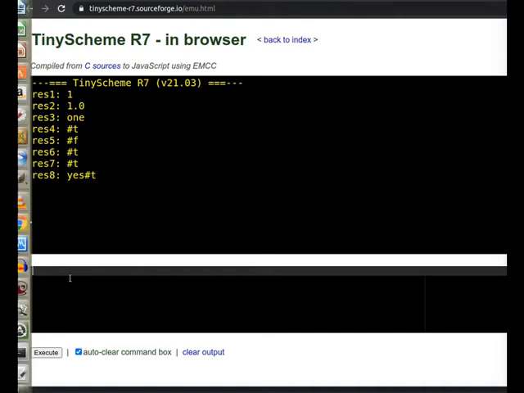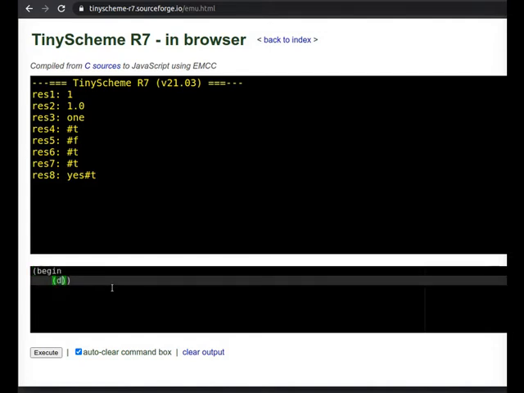You see the result of the function is anyway also shown as true, and it is shown in the same line because display doesn't add a new line. Usually if you want to print several things, you need to write something like this. Begin, despite its name, simply allows you to block several expressions together. So it could be begin and then